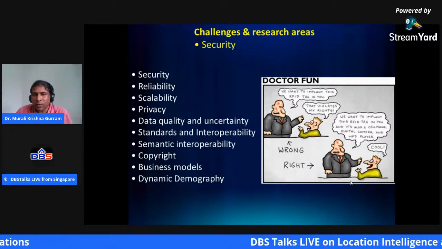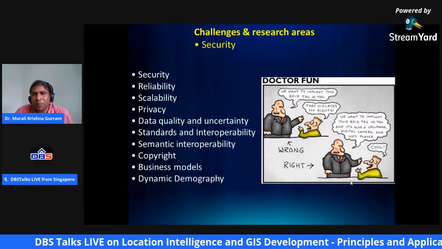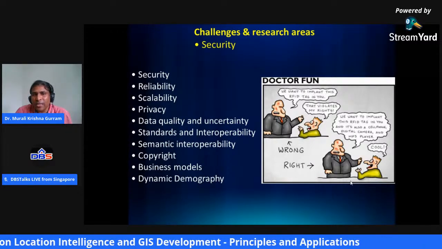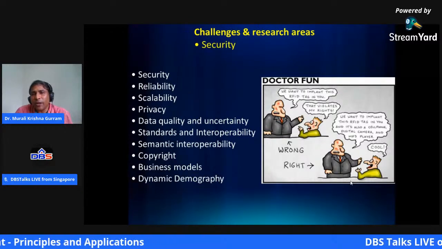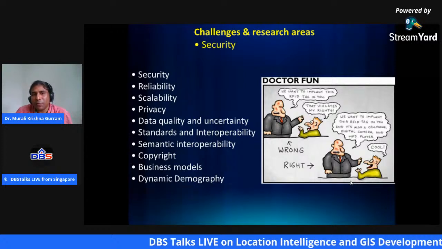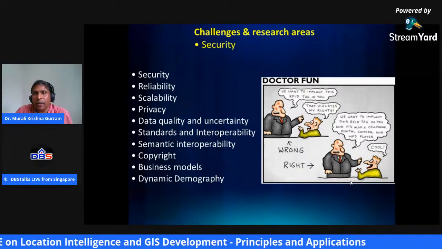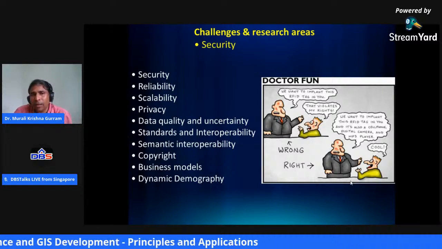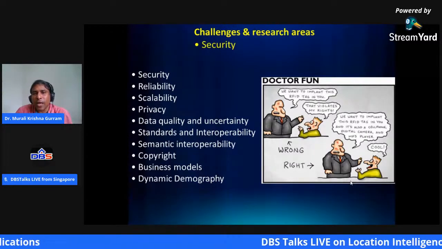And the privacy. In the last 10 years, humans have started forgetting about their privacy because of the mobile. On one hand it gives you much power, on the other hand it is narrowing your privacy.